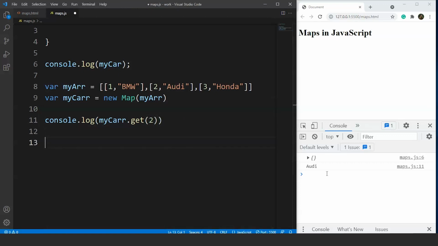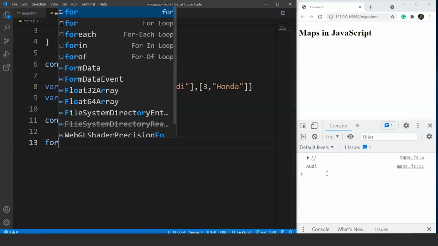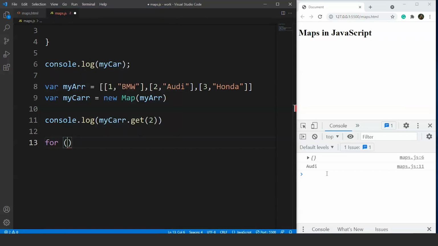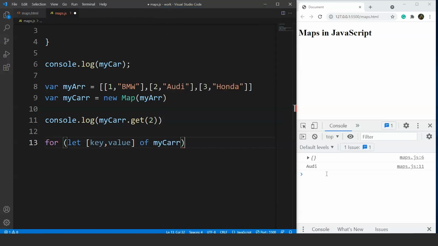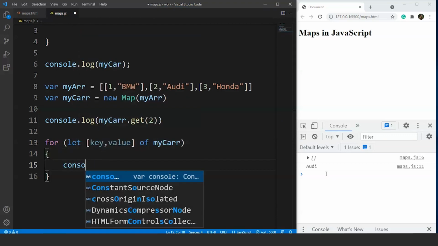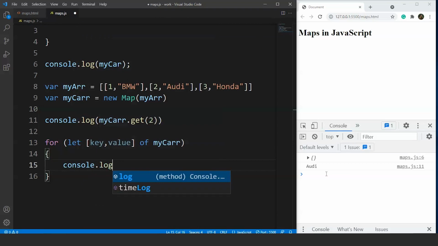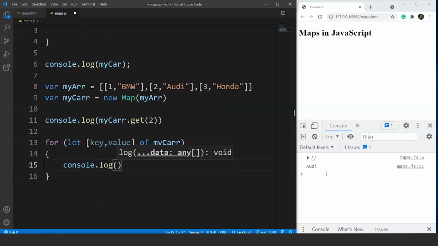So for the for of loop, what we have to do is we have to write here for let, and we'll write here key comma value of myCar, and then we have the body of this for of loop. We'll write here console.log and we'll print the keys and the values.